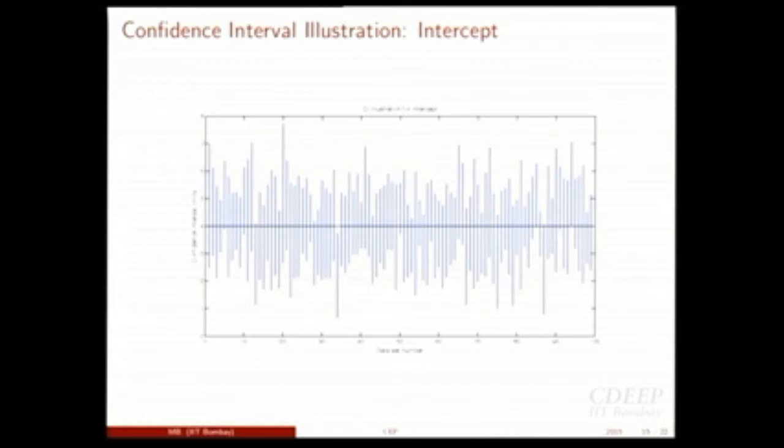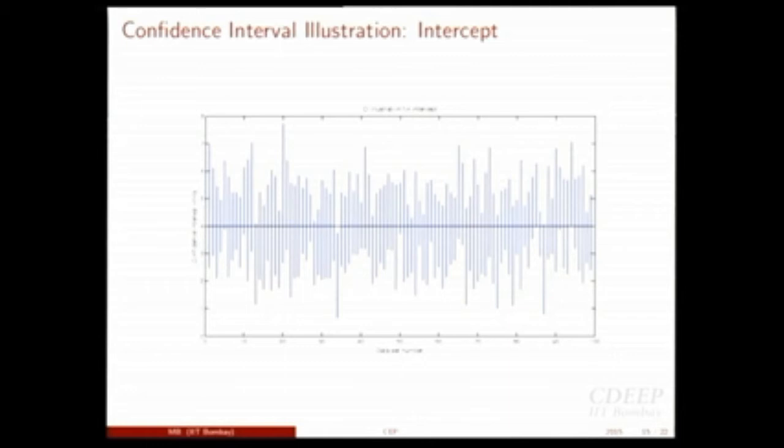Essentially here I have repeated the experiment 100 times, not 5,000 times. I didn't want to clutter this graph too much. For those x, x could take 10 values, and then you generate the corresponding 10 values for y. That gives you one experiment or one data set. That way we had 100 data sets, and every time you get your parameters beta 1 hat, beta 2 hat, and you generate a confidence interval. This is the confidence interval, this is the upper limit, and this is the lower limit. This is for the intercept.